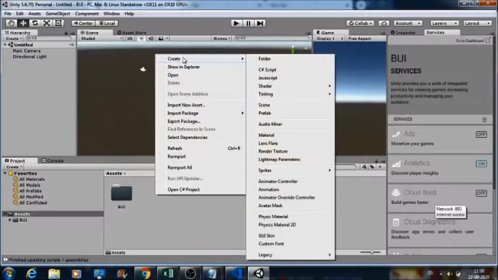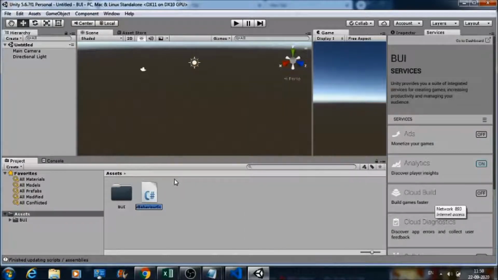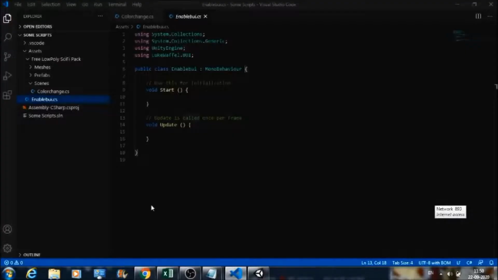Now what we need to do is create a C# script. Let's name this script EnableBUIFeature. This is the name of the script, and let's open this script by double clicking this file in Visual Studio.